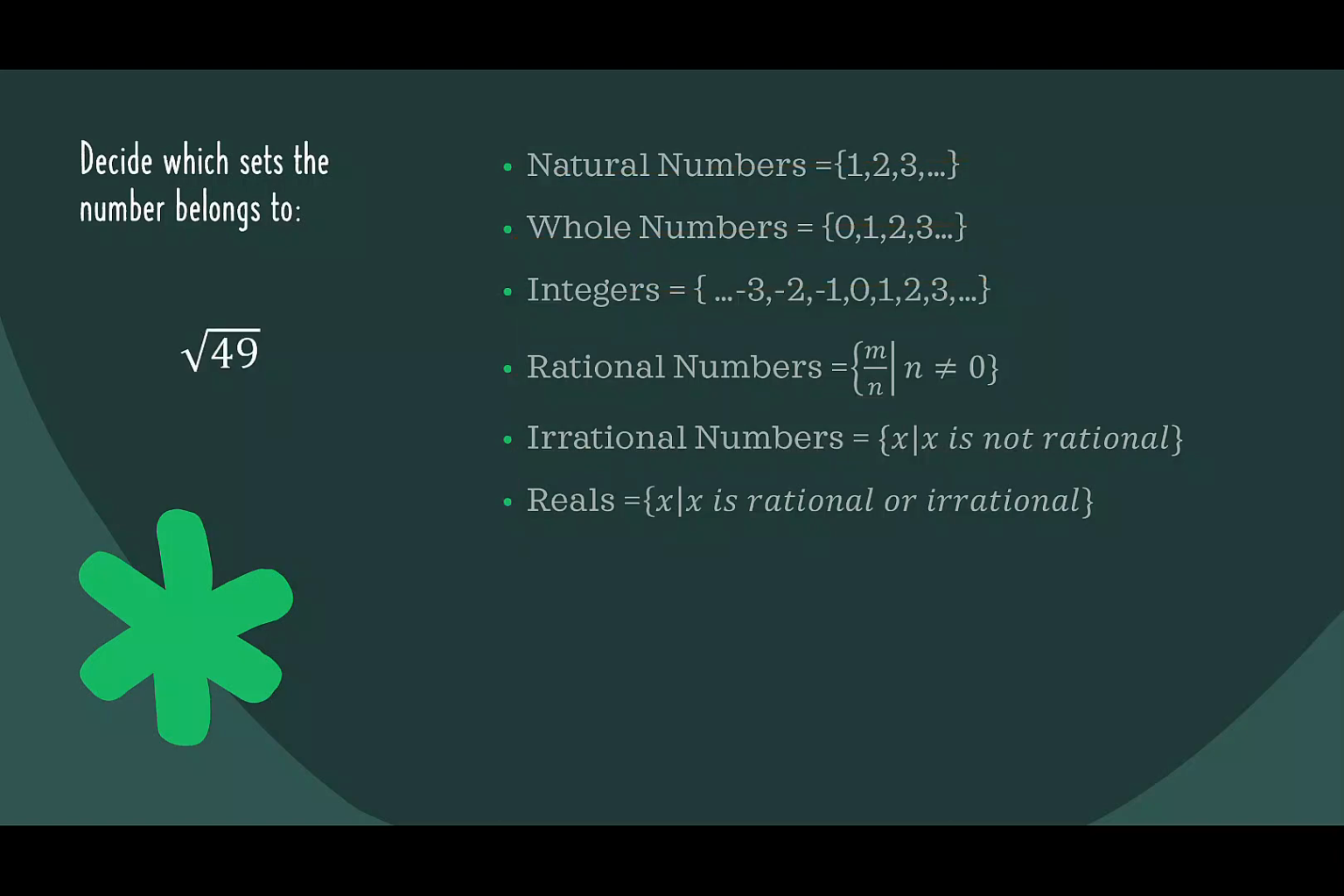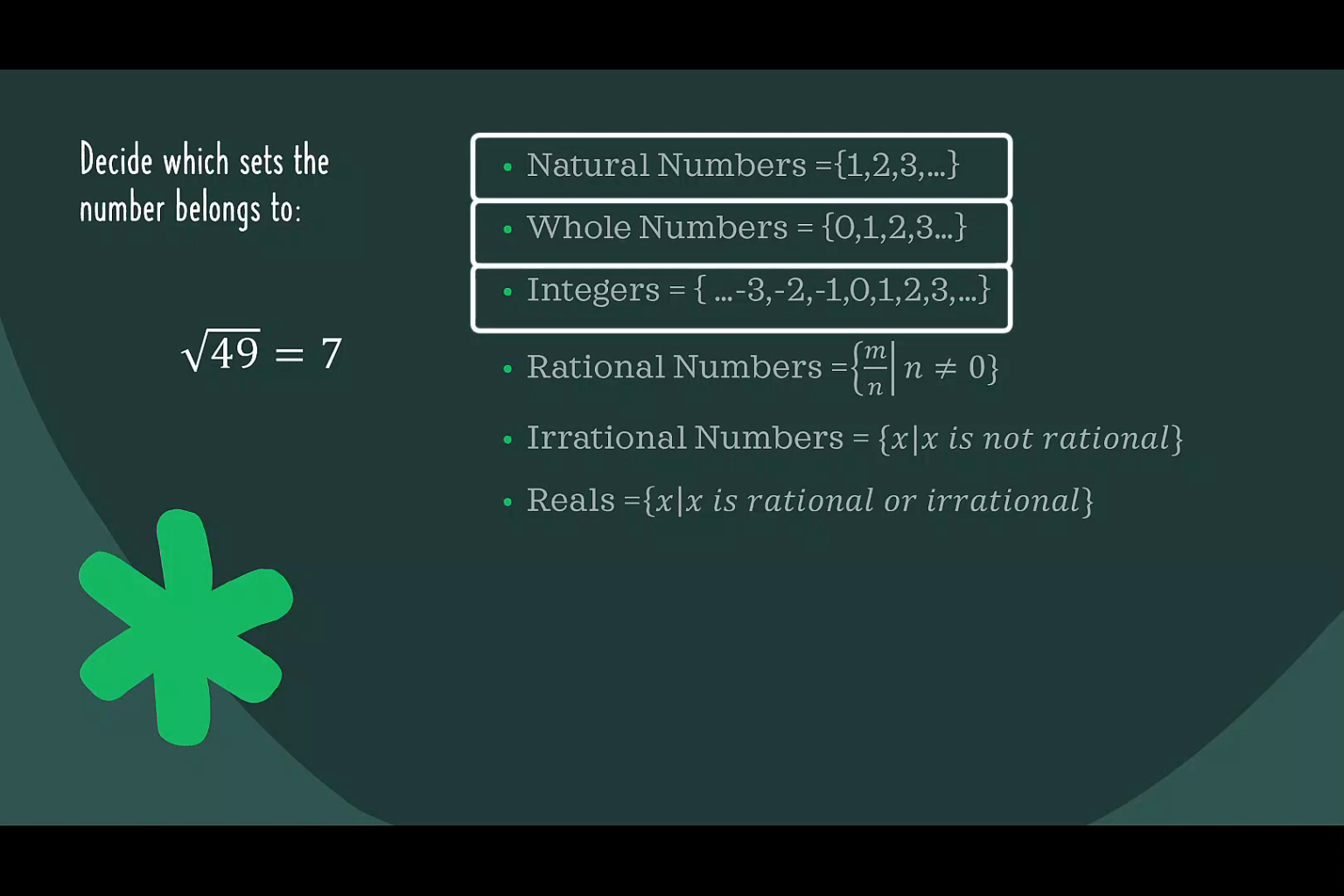When we look at the square root of 49, we need to first see if we can simplify it. Because the square root of 49 is equal to 7, I'm going to base my answer on the number 7. 7 is a natural, it's also a whole, it's also an integer, it's also a rational, and it's also a